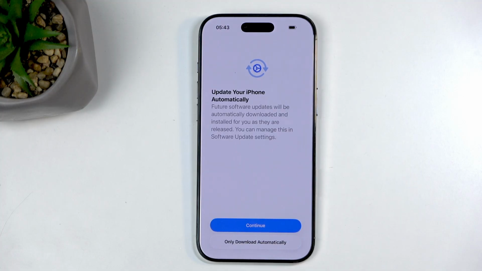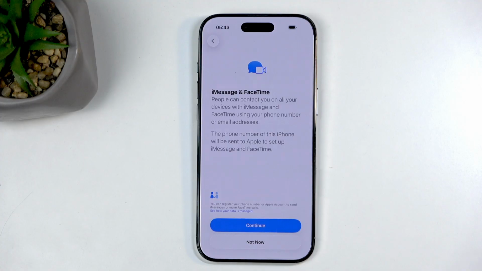Update your iPhone automatically. You have two options. You can continue, which would mean that your device would be automatically updated, or only download automatically. Now I want to point out there is no way for you to not actually download updates. Because why the hell would you have options? Apple tells you you're going to update this no matter if you like it or not. So only download automatically, great, and then it's going to pester you that, hey, you have a waiting update to install. Great. Anyway, moving on,